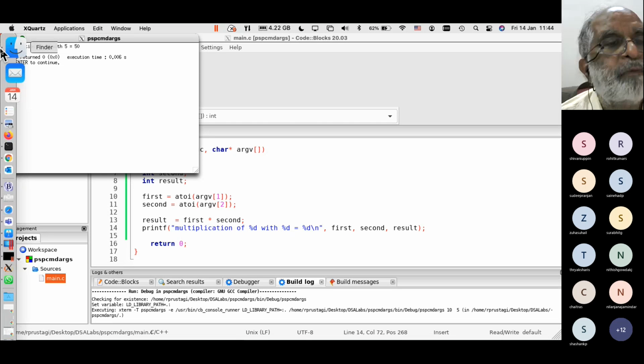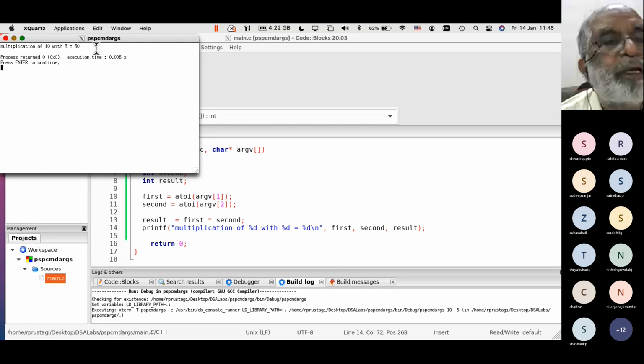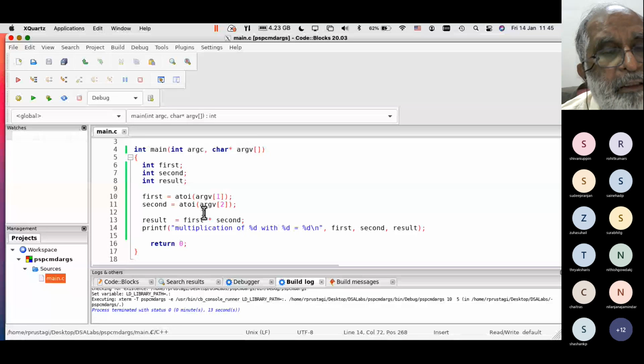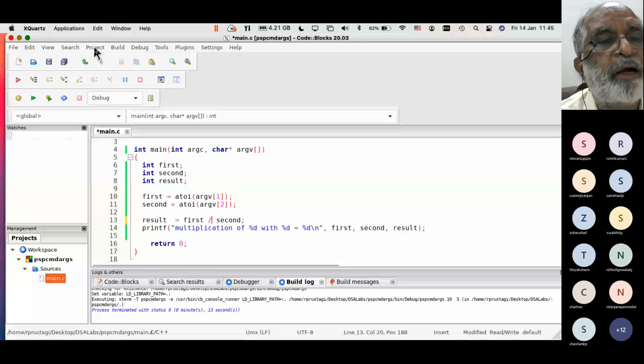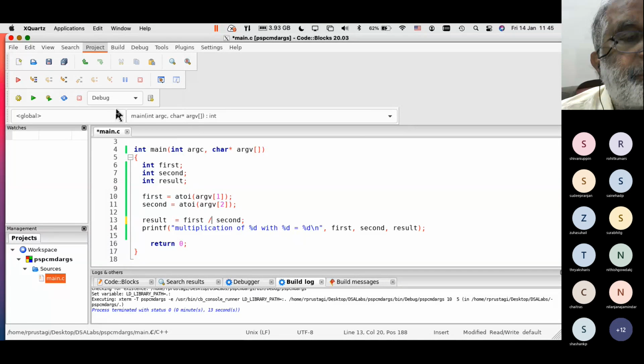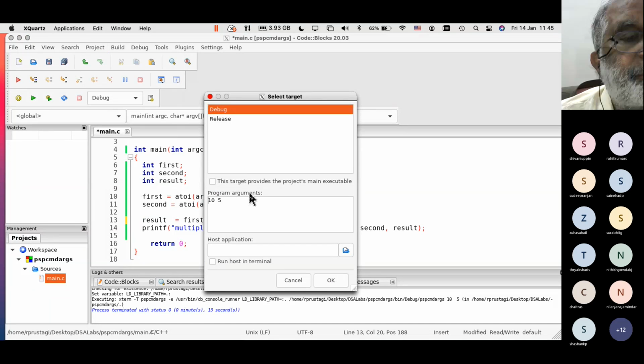And that way, now how do we debug? Say something doesn't work. Let's say, for example, I wanted to basically get division. So I would say int result, and I would say first divided by second, and I change my command line arguments. Let's say 20, 30, and let's say 7.